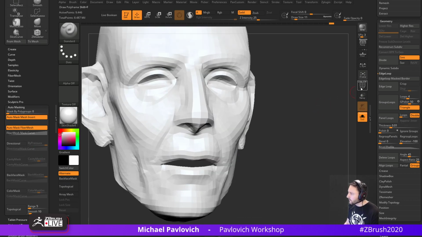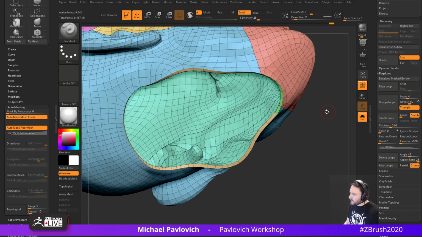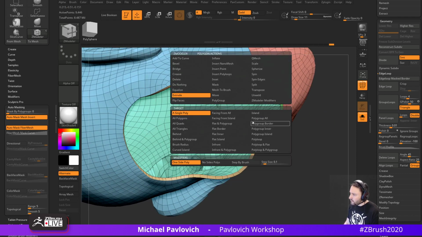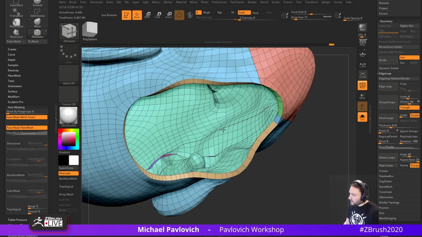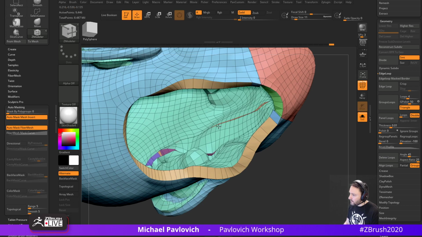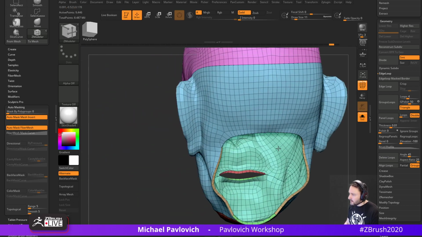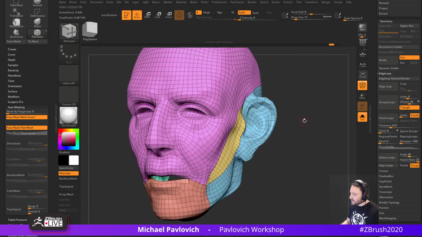So there's 2 things we can do here. We can go through here and we can change that thickness, or since these are all the same polygroup on the inside, we can just go in here and say QMesh, polygroup all, or let's do extrude, polygroup all, and then hold down Shift as you pull, and then I'll go ahead and add a little bit more thickness. I need to be careful because on the ear, it's going to start doing some zany stuff there, so in that case it might be worth doing thickness. But you know what, we can also control thickness just on individual pieces,